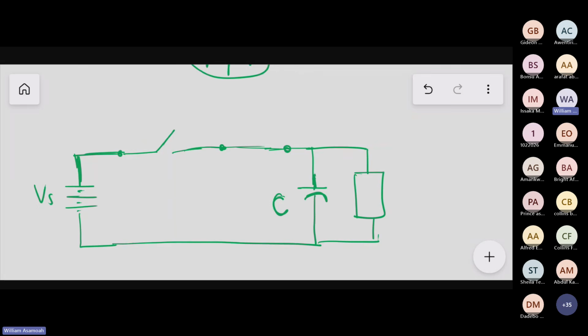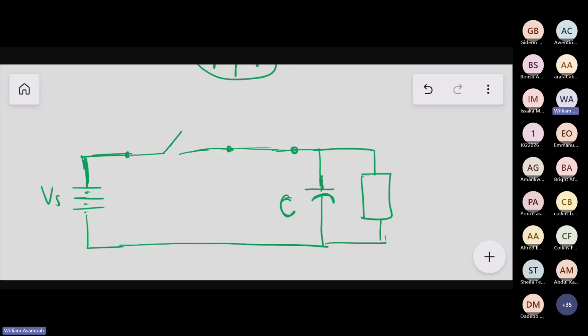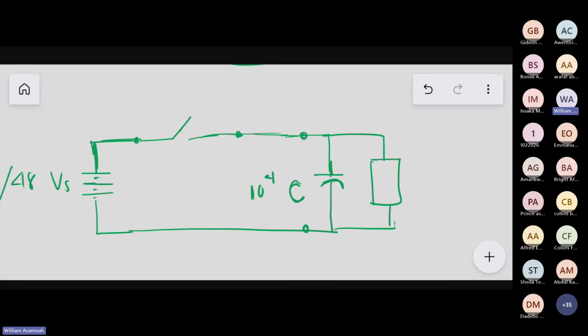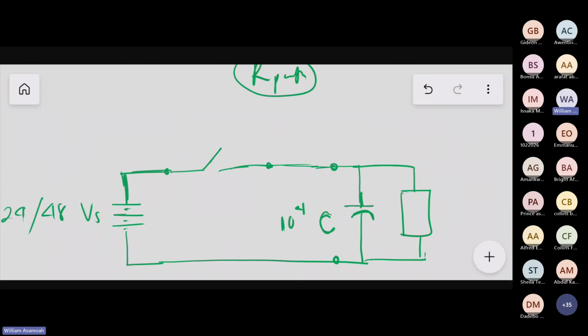So usually this is something we have a lot in the industry. Now, if the capacitor is not charged at startup, because it is very large, it can be thousands or 10,000s of microfarads. When we close this, and these voltages at times are high, 48 volts or 24 volts, and the capacitor too is very large, that surge will last longer and it will cause a lot of harm before it starts supplying or helping the load to work. So what we do is we add a pre-charge